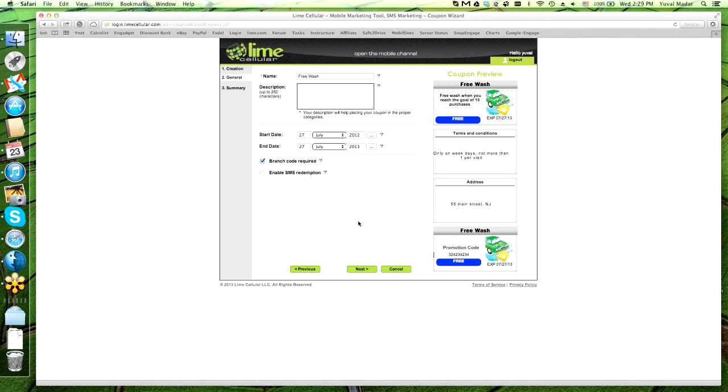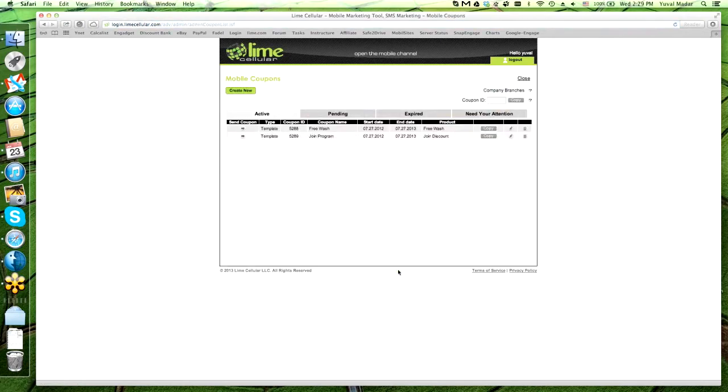So the system will ask them to please provide a branch code, and one of the branch codes will have to be provided by the cashier, or you can just put a sticker on the POS. And what this will do is make sure that the person is at the location. Because a lot of times businesses say people can just redeem it when they're not in the store because they're just trying it out,